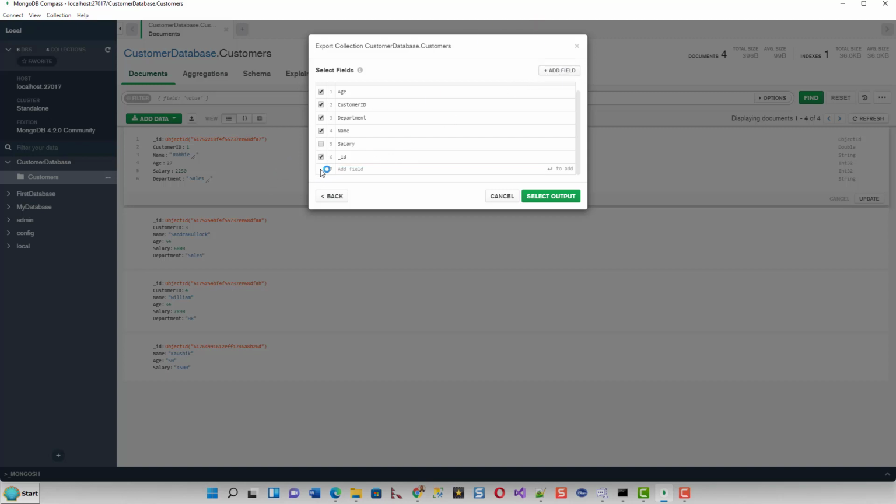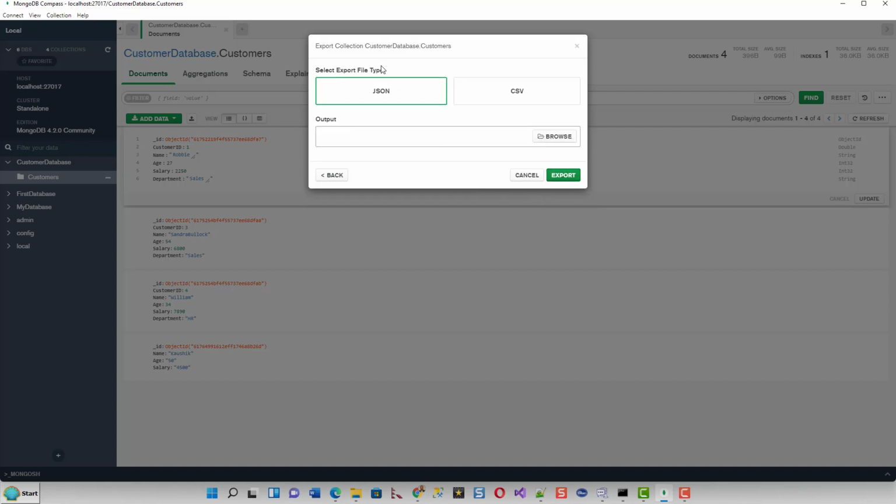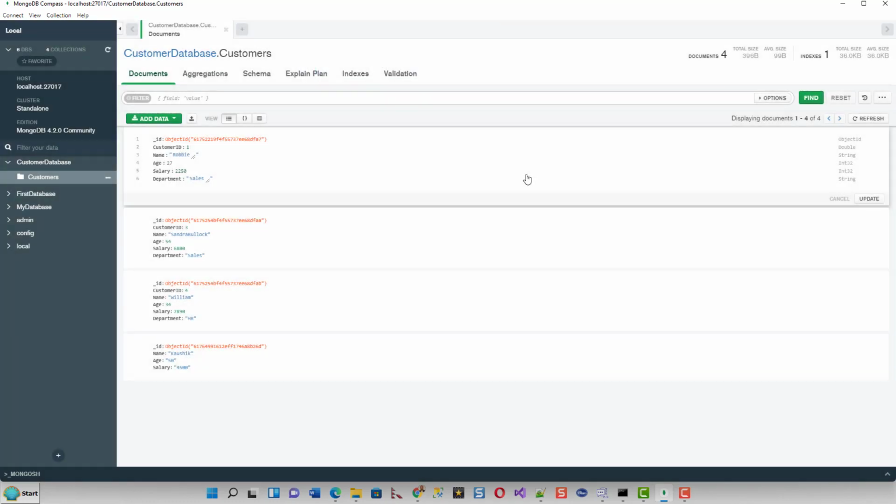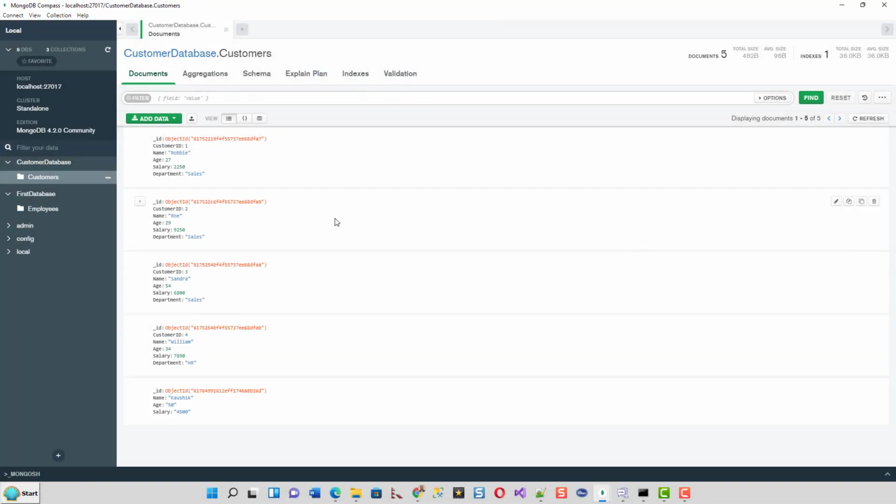Okay, or you can just click straight away add field from here, or then after selecting the fields as per your own choice, click on select output, and you have got the select export file types as JSON or CSV, and you can choose the output folder. Okay, or export. Now I'm going to cancel this.